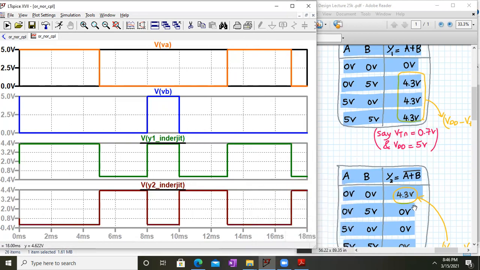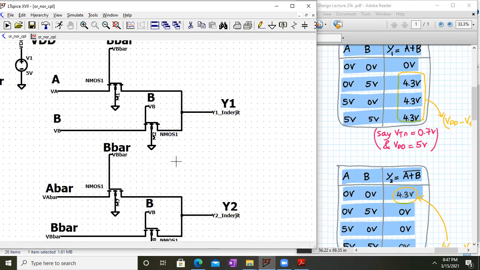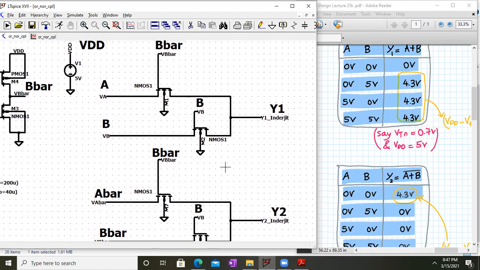Hence, all the cases in the truth table can be easily verified, and it's coming absolutely fine. The only limitation is that the voltage swing is limited, especially the logic 1 voltage swing. Logic 1 should be 5 volt, but we are getting one threshold voltage less. That is, instead of getting 5, we are getting 4.3. And that too depends upon the threshold voltage. So this circuit is giving us both the OR gate and NOR gate functionalities together, with one limitation of your N pass transistor logic, that it passes a weak logic 1. Except that, this circuit is working excellently well.